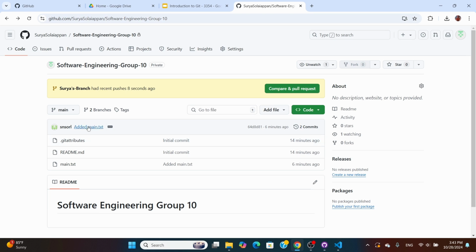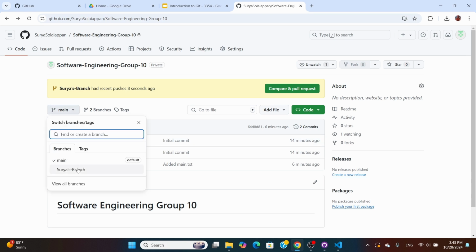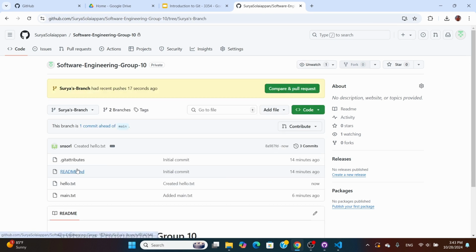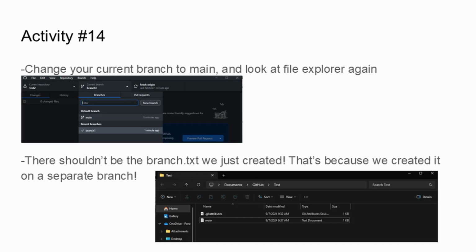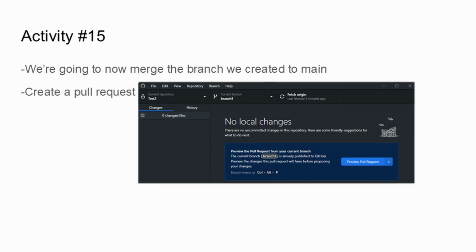As you can see on the main branch, the text file does not exist, but if you hit Surya's branch, the text file that he created, hello.txt, only displays in there. So we're going to merge the branch that I just created to our main repository by creating a pull request